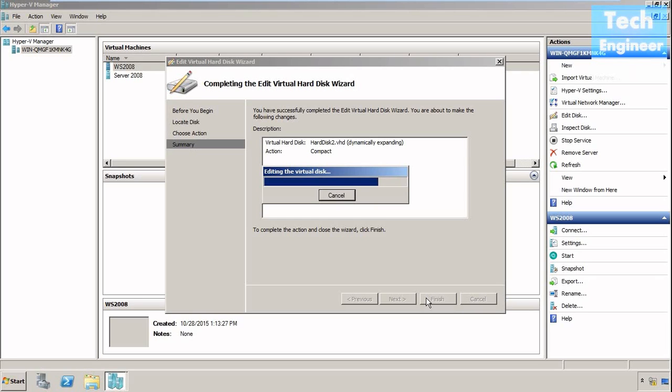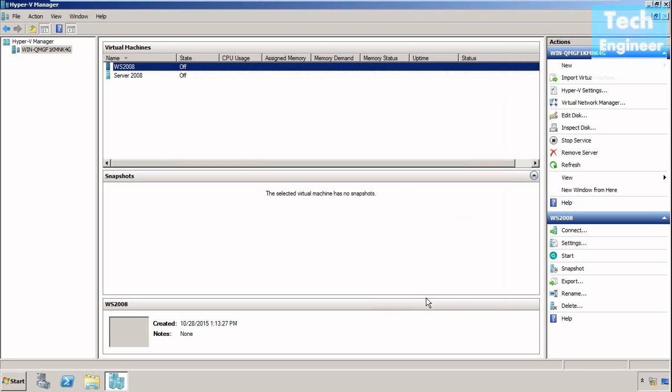So sometimes it doesn't matter in dynamic allocation. Maybe that 10 GB hard disk will take 20 GB of physical size. It can be, if you keep running the same virtual machine, adding and deleting. You might see that a 10 GB hard disk will take 20 GB of size on your physical disk. So this is how we edit a virtual hard disk, with 3 types. Thanks for